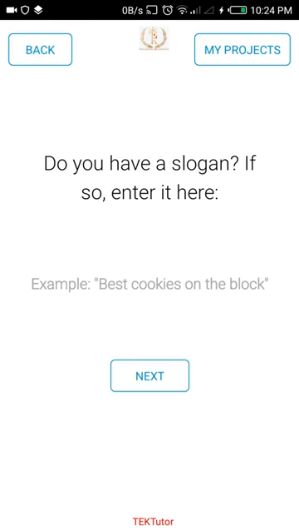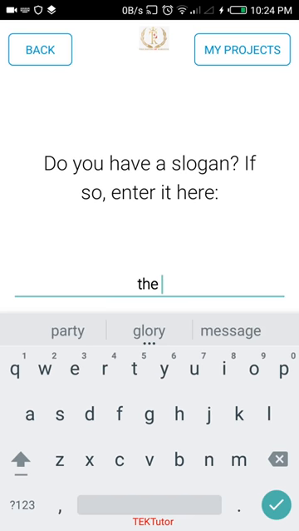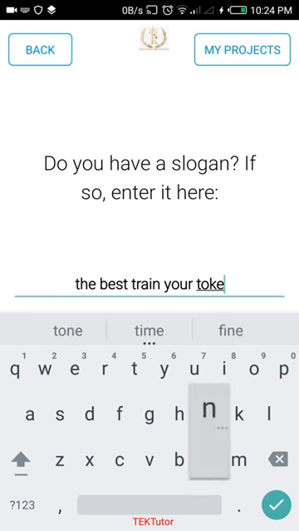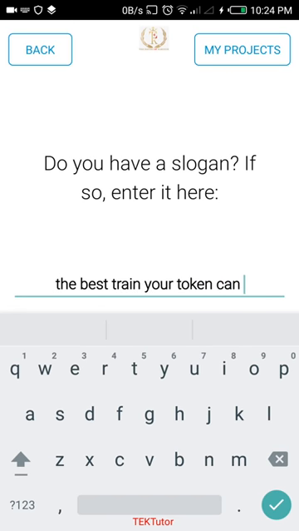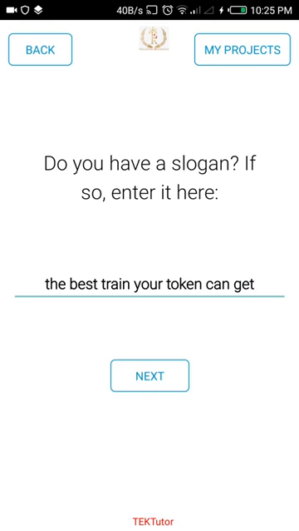Okay, do you have a slogan? If so, enter it. So what would you want the slogan of your school to be? And in our own case, we would like to use the best training your token can get. Okay, the best training your token can get. Next,